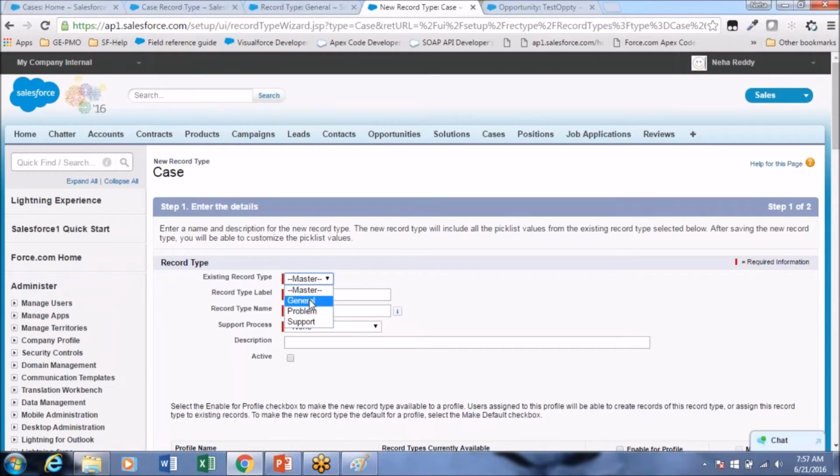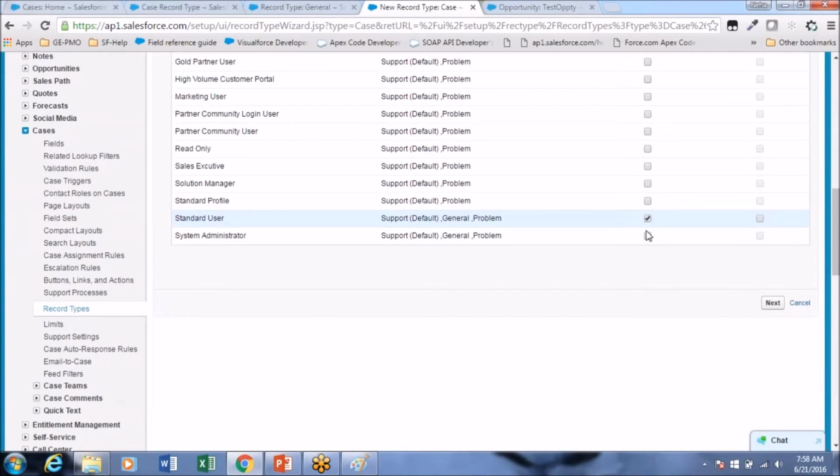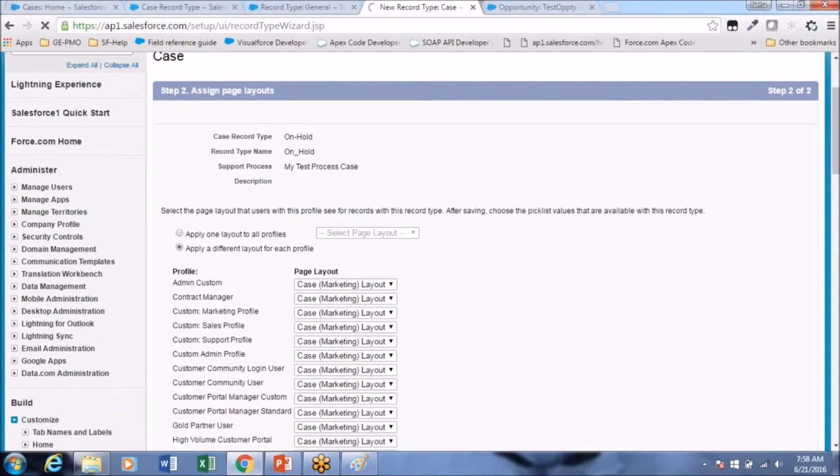It should be a little similar to the General one, so I'm just selecting General as a master. It is active and available only to Standard User and System Administrator. Next. Apply different layout.